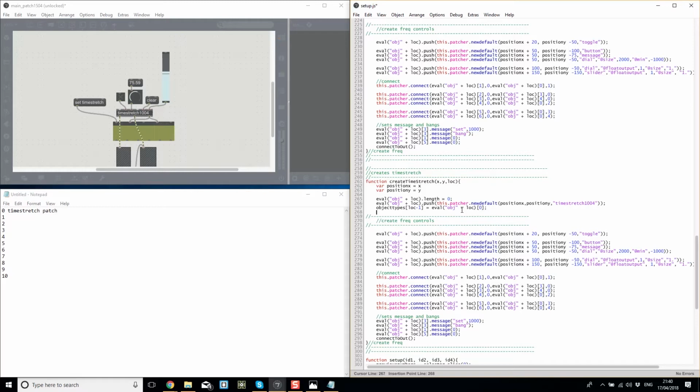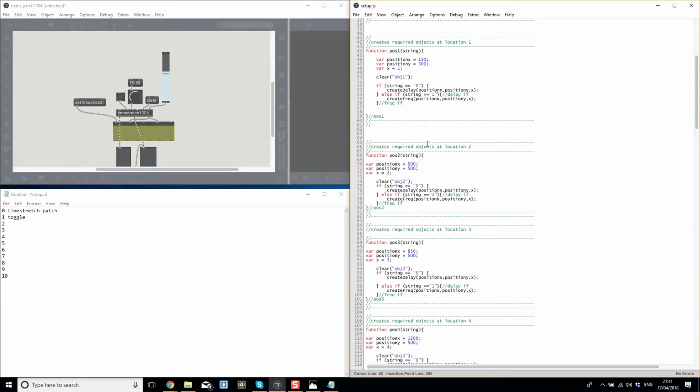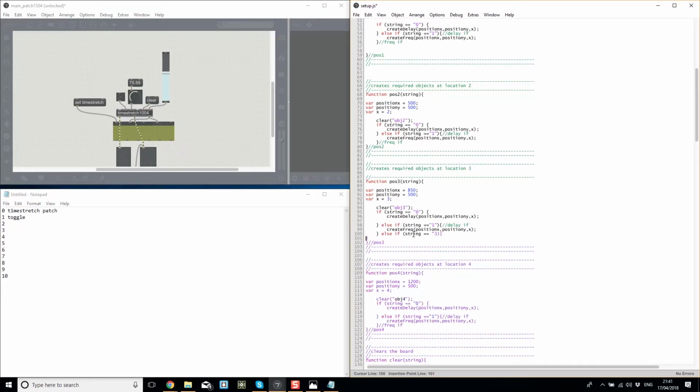And then okay, no, that's fine. And then we want to create the time stretch controls. So first thing we want to do is the toggle. So we'll do the toggle. And then we want to create the, I'm just going to actually, and then I'm just going to alter this to do else if string is equal to 3, then build the